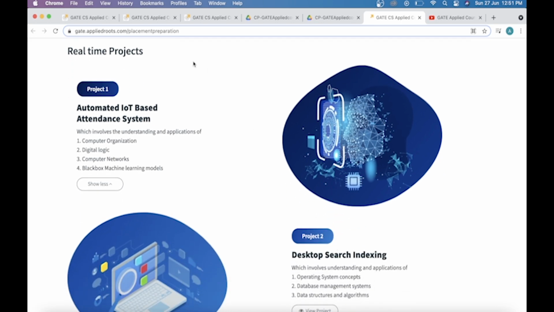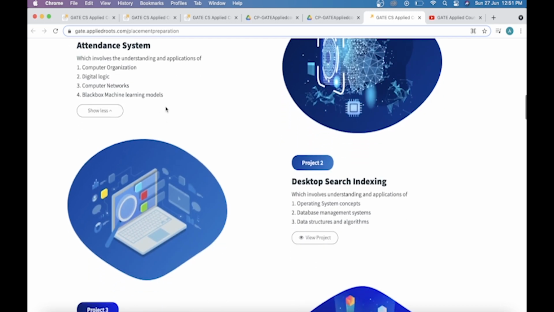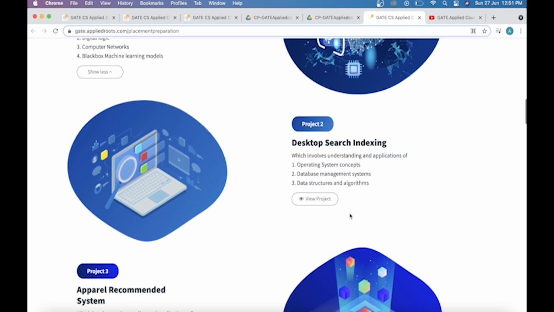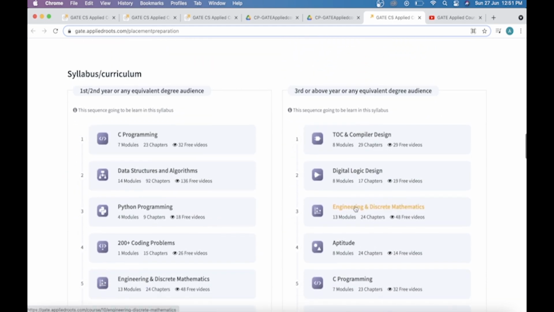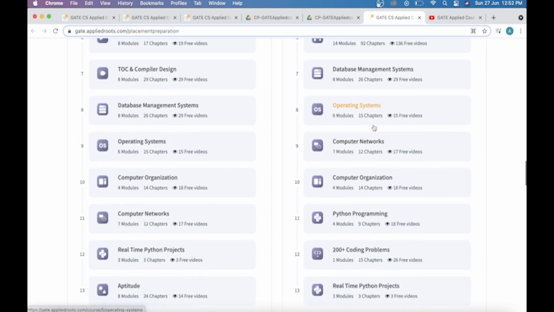So here is the detail of all the real-time projects that they would be discussing, like automated IoT based system, desktop search indexing, and apparel recommended system. So they have also provided here the syllabus and curriculum for first or second year students as well as third year and above students.